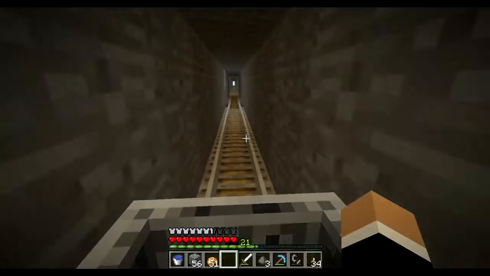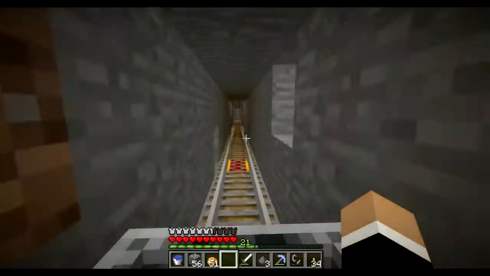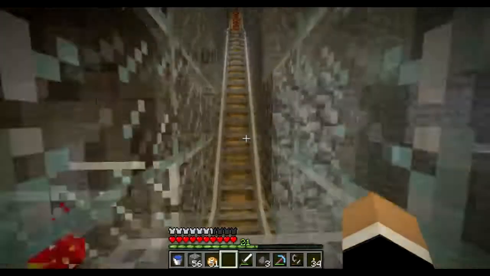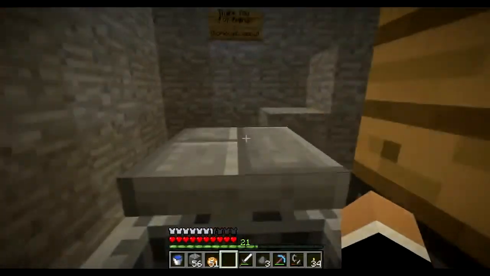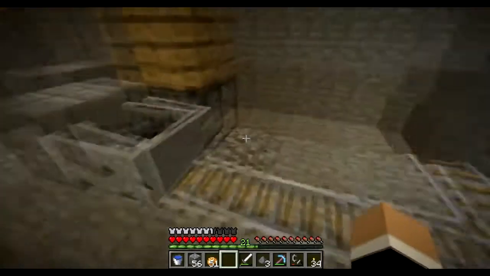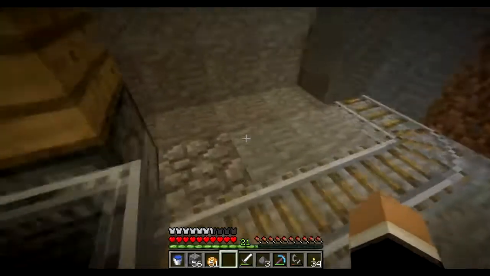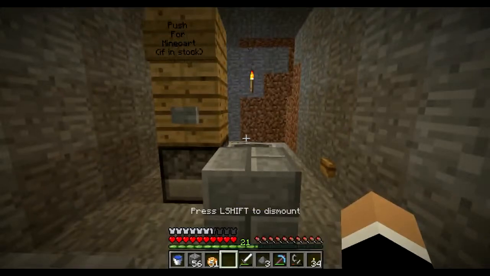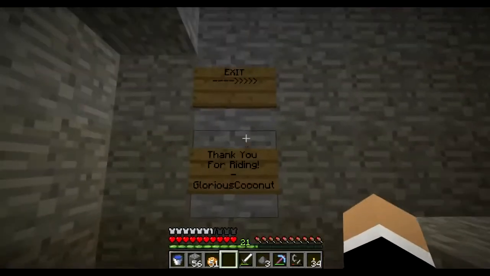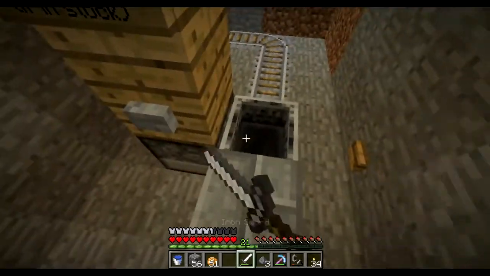Okay, we are coming up on the finish line here. I believe the minecart, we hopped out for a stop, but I believe the track takes about 5 minutes on the dot from beginning to end. Here we go. Oh, wow, that is so bugged. This minecart teleporting thing. Like, you get in, and you get out, and suddenly you're way over here. And it seems to always depend on which way the minecart's facing as to which direction you're going to fly out. Anyway, exit, thank you for riding, Glorious Coconut,